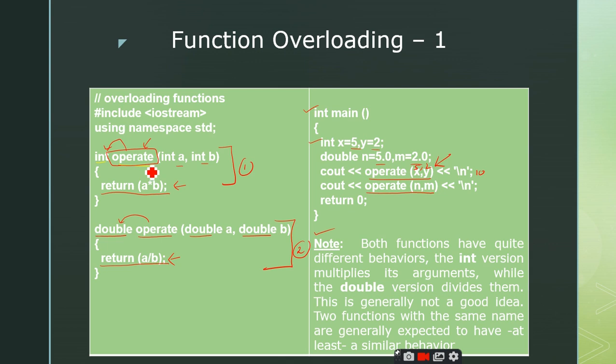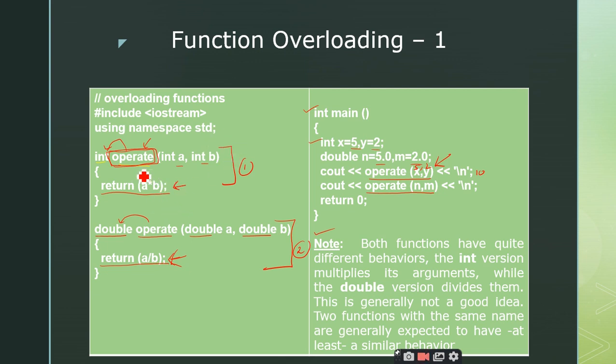And in function overloading, you should remember that if you are going to make use of operate for the multiplication of two integer values, you overload the function with the same function name, but that should perform the multiplication of two values which are of different data types. Multiplication is ethical, but once you are doing something other than multiplication in the second function with different parameters and different return types, you are changing the behavior of the function. This is not advisable. I am not saying that this is wrong and this will raise errors, but there are some ethics to be followed by the programmers.